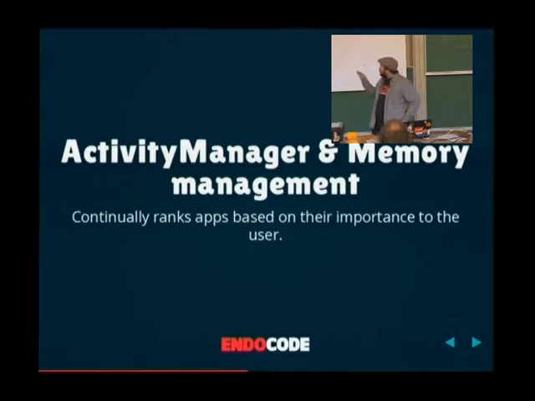Okay, so Activity Manager is always maintaining a list of the applications and their importance to the user or to the system. The most important are the system apps, and then there are the foreground apps, which of course have high priority, and then you have what are called acceptable apps, processes that are running. These are things like a music player: it might not be in the foreground, but it's important that it doesn't crash because a user probably doesn't want their listening enjoyment to be interrupted.